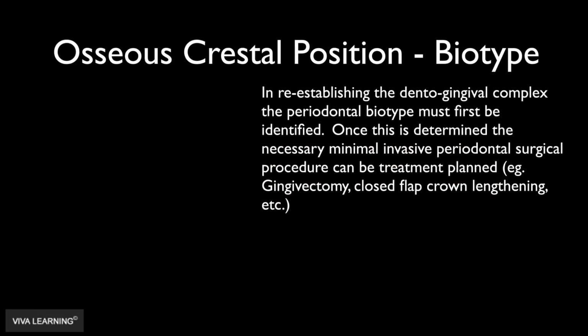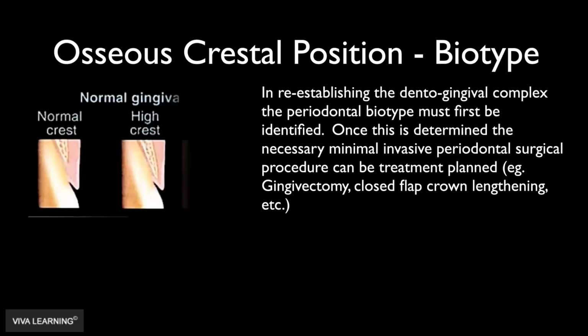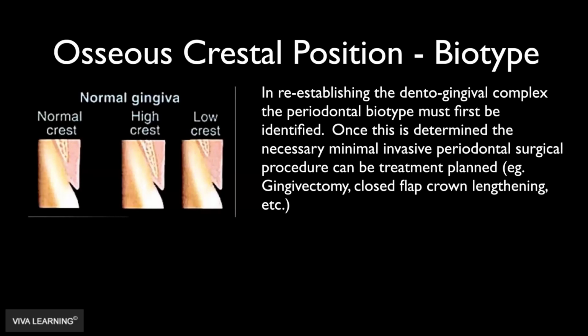And you can do this in anterior areas, posterior areas, so many different areas, okay? But you need to understand, first of all, crestal position. So biotype is really important. There's normal crestal, there's high crestal, and low crestal. And in reestablishing the dental gingival complex, or the biologic width, the periodontal biotype must first be identified. Once this is determined, the necessary minimally invasive periodontal surgical procedures can be treatment planned, such as a gingivectomy or